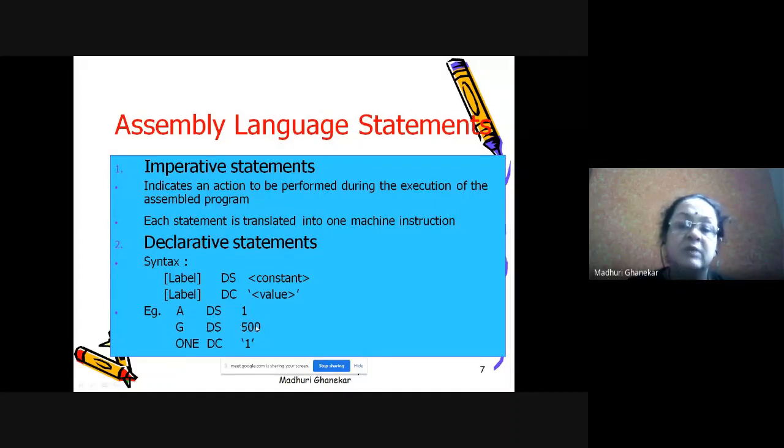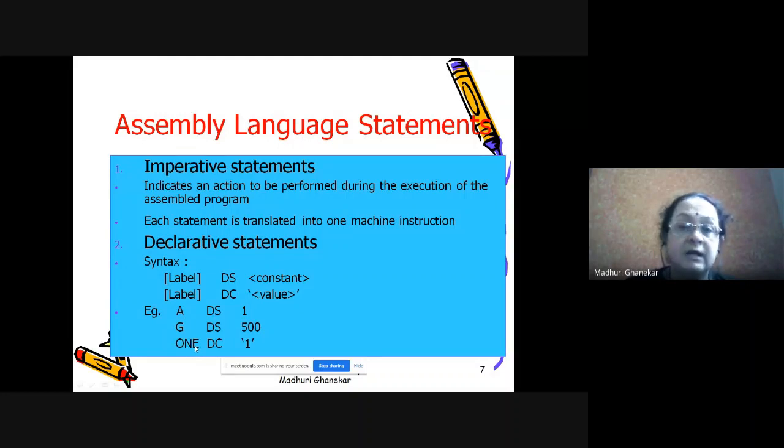That's what it means. So high level assembly allows all those things to be done. So A DS 1 indicates use one memory location to store value of A. G DS 500 indicates G is an array with 500 consecutive memory locations.